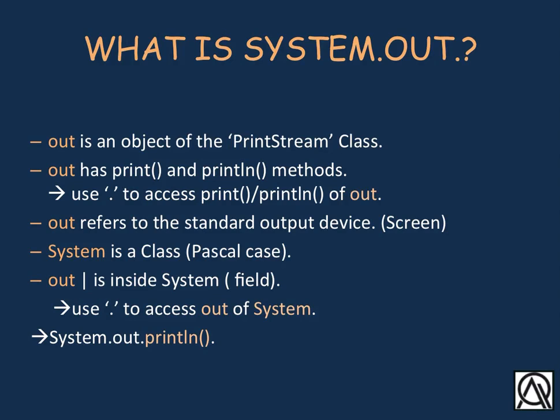In order to have access to out of a system, we also use the dot operator. Now we would do something like this. We want to access our system class, so we use dot operator. And inside the system class, we have the out object or the out field. And if you want to have access to the method from inside of this field, you use the dot operator, and you can use, for example, the println method or print method.